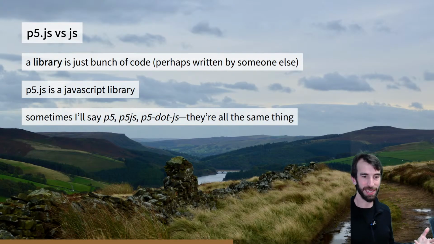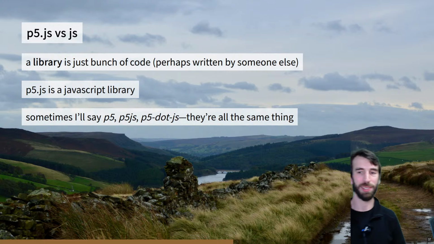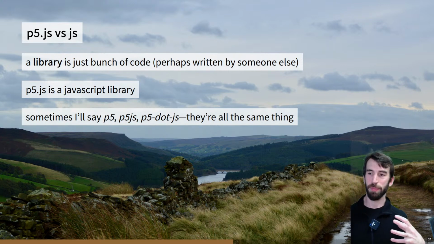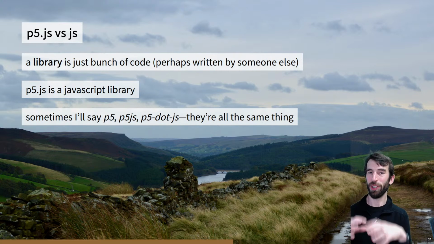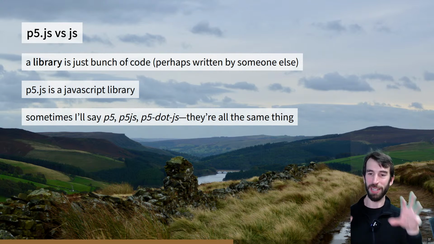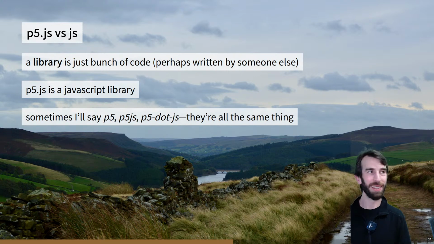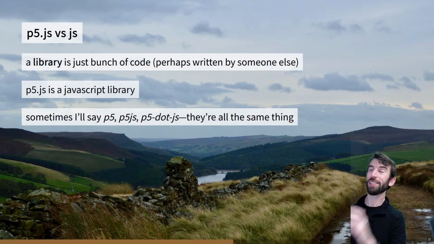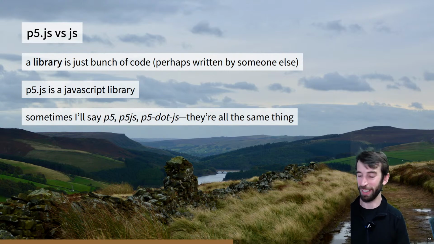P5.js versus JS. Probably there's some folks out there who are like, what is this JS P5 thing? I don't understand the difference. Well, P5 is on top of JavaScript. JavaScript is the language, and P5 is sort of the list of acceptable sentences. It's a higher level concept to have a library of additional functionality put on top of a language. You might hear me say P5, P5.js, P5JS. All of these things mean the same thing. They're not anything different.